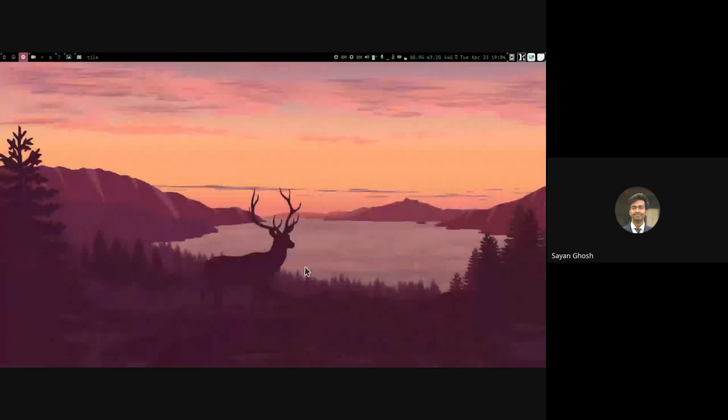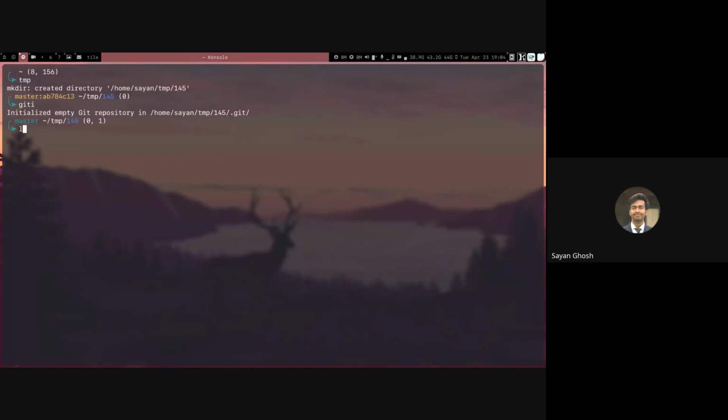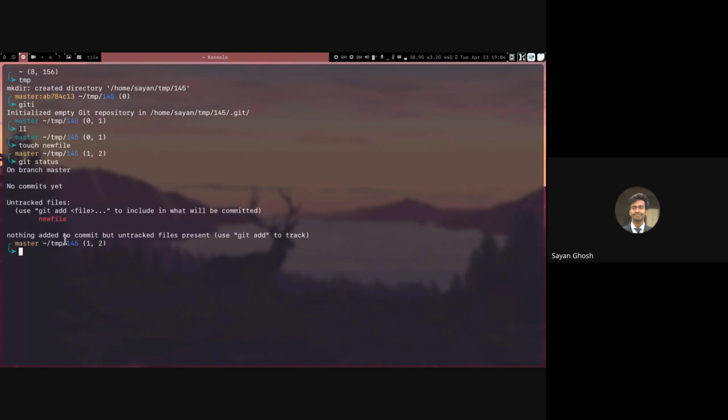So let me also try to show it. Here, if I create a new repository, right now we don't have anything in that folder. So if I create a file, it's a new file. Now if I do git status, you can see that it will be shown this way. We have an untracked file, which is a new file. So when we have a file that is not tracked and created for the first time, we get it this way, untracked file. Now if I add that,